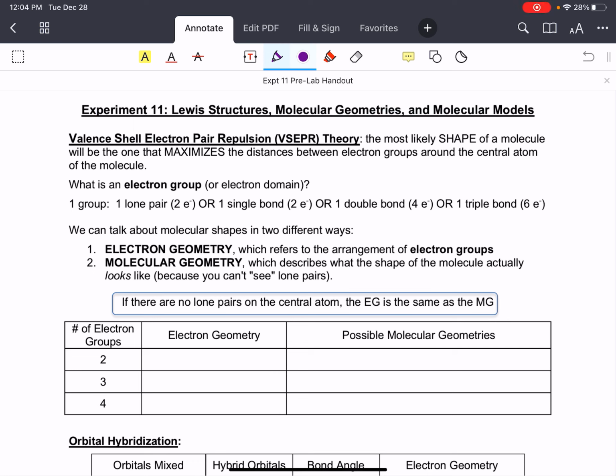In this video, I'm going to give you a quick recap of the information that you'll need to complete this molecular modeling experiment. We're going to review some details, especially about hybridization and molecule polarity, to help you complete the experiment in lab. So this experiment is geared towards helping you understand VSEPR theory, which helps you think about the